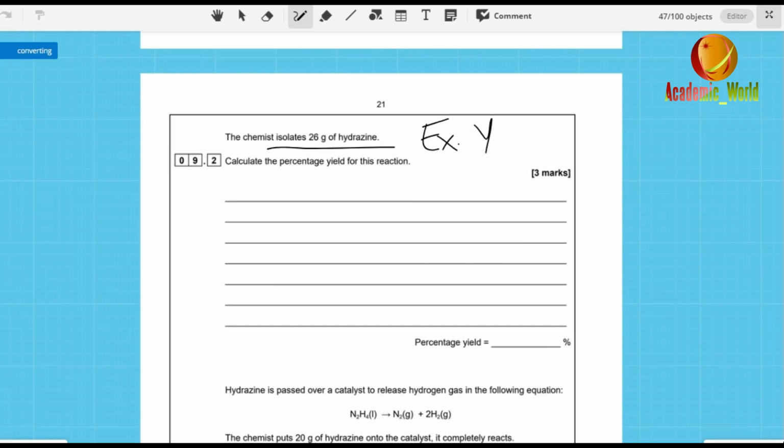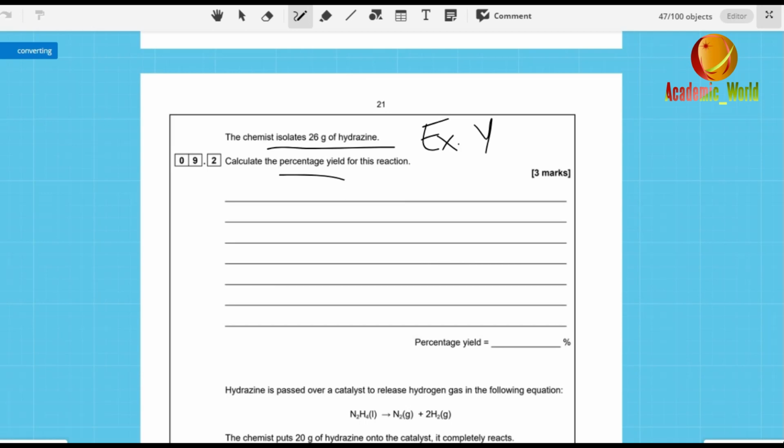Okay, the formula is: always remember, the experimental yield is always less than the theoretical yield. There are a lot of factors, so that's why the experimental yield is always less than the theoretical yield. So that's why you need to find the percentage yield. That tells us how successful the reaction is, like how much useful product we obtained, like 70%, 80%, 30%.